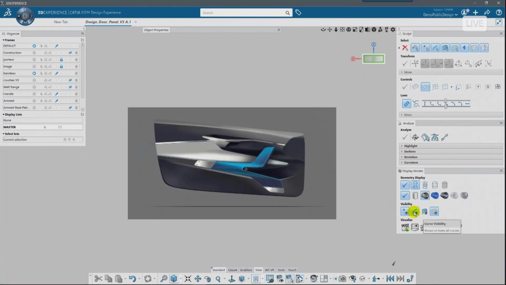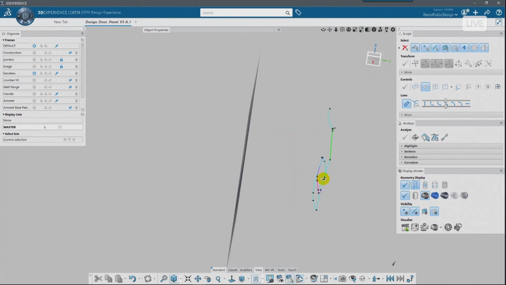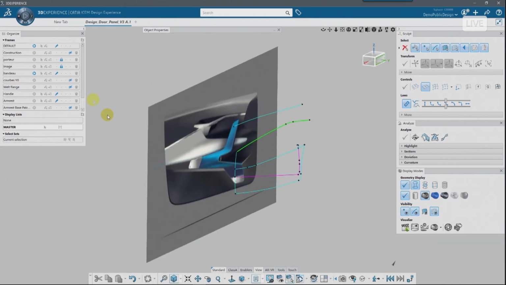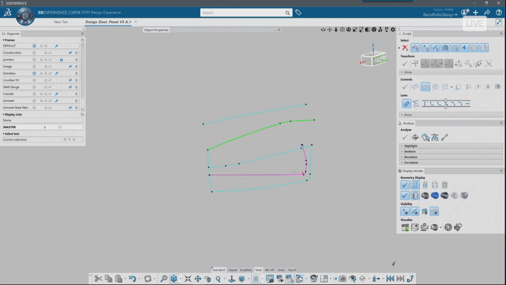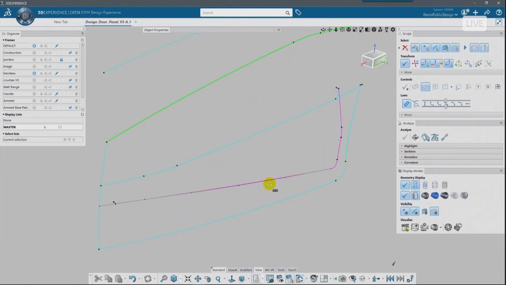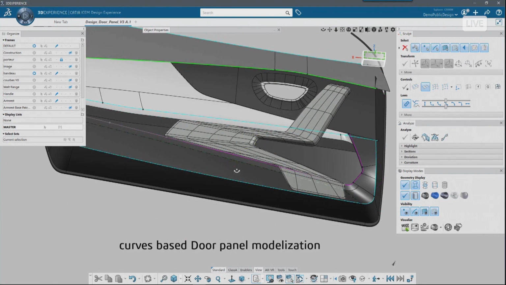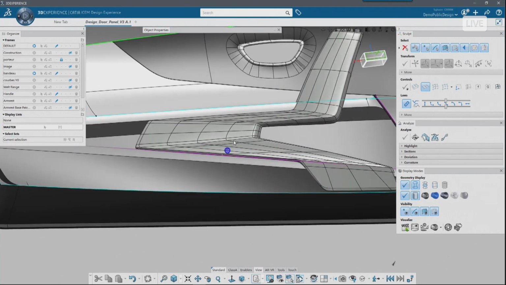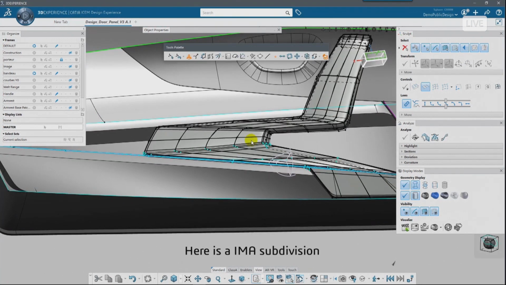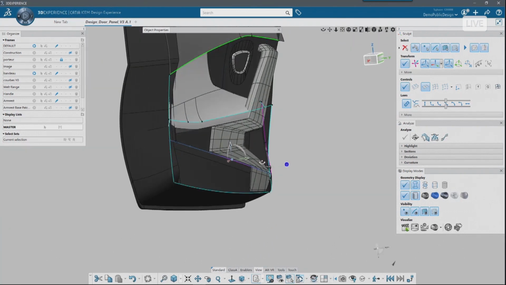I'm doing a character line, but what I'm able to do, even as a Class A modeler, is to link my Class A character line, so good quality curves, with the designer shape. So here we have a NURBS in pink. We have a NURBS that we are using as a character line, but I'm able in Imagine and Shape, for instance, to link the base mesh of the subdivision with my curve,